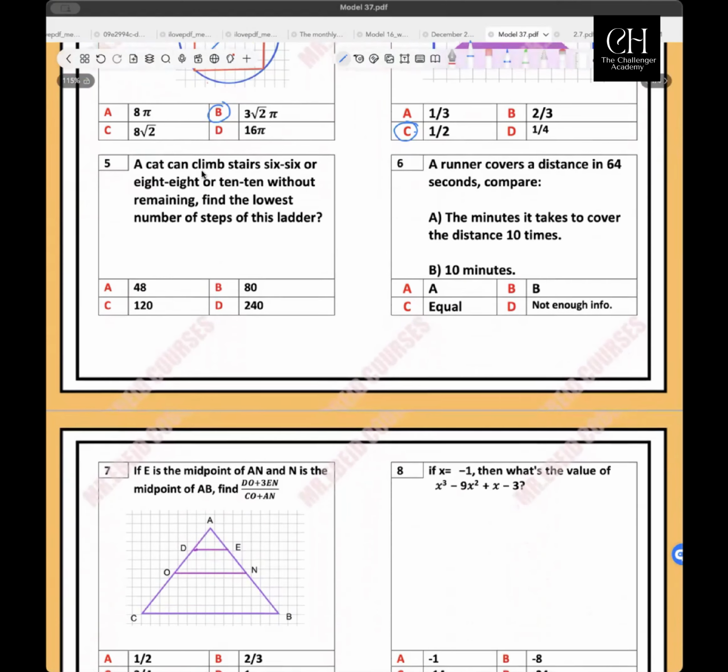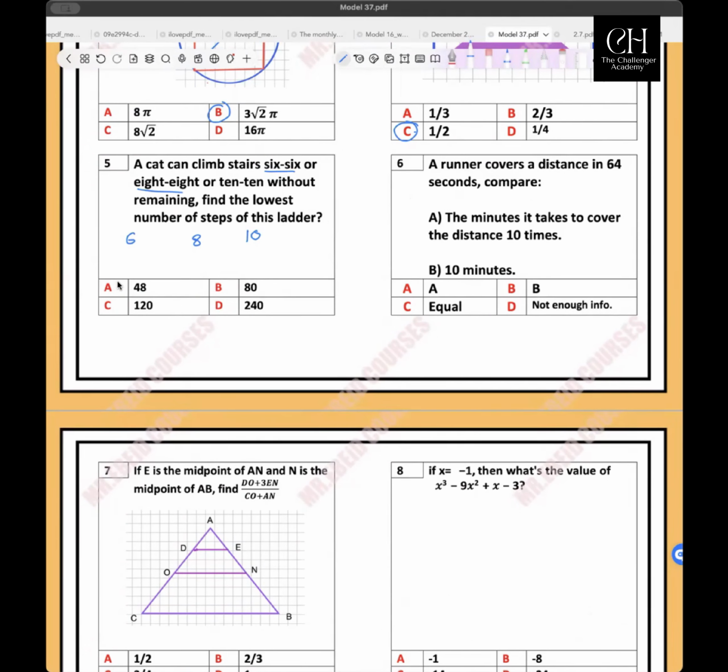Question 5, a cat can climb stairs 6, 6, or 8, 8, or 10, 10 without remaining. Find the lowest number of steps of this ladder. You know that the cat can jump several steps in one jump. Okay, so if a cat can climb every 6 stairs, or every 8, or every 10 without remaining, it means that you will search for a number which is divisible by 6, 8, and 10 from the